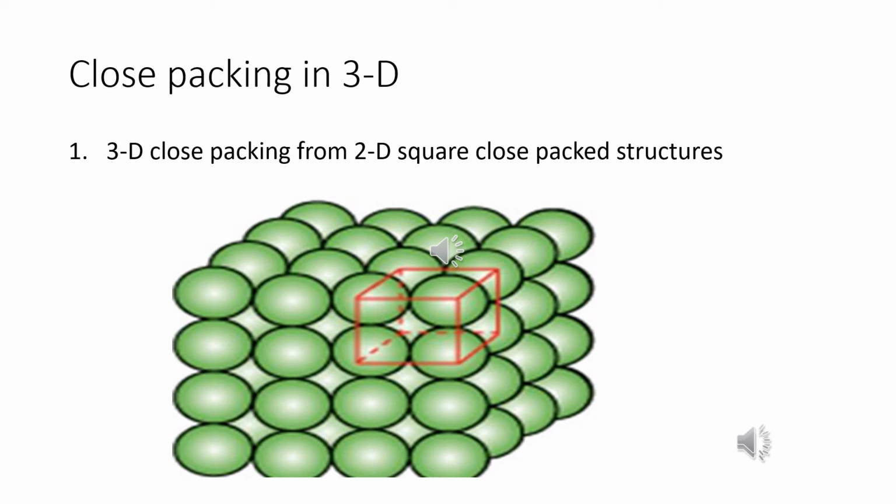We already studied that two-dimensional square packed layers are arranged one above the other. That is, the second layer is placed over the first layer, such that the spheres of the upper layer are exactly above the first layer. In this arrangement, the spheres of both layers are perfectly aligned horizontally as well as vertically. So the lattice is generated like a simple cubic lattice. Here the pattern is AAA type arrangement.